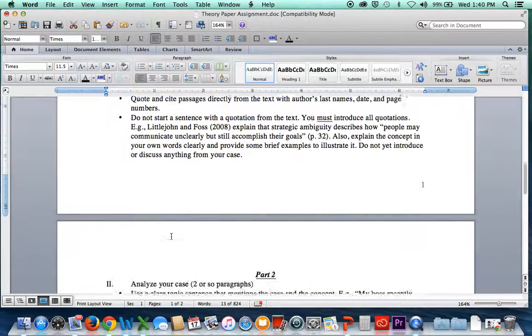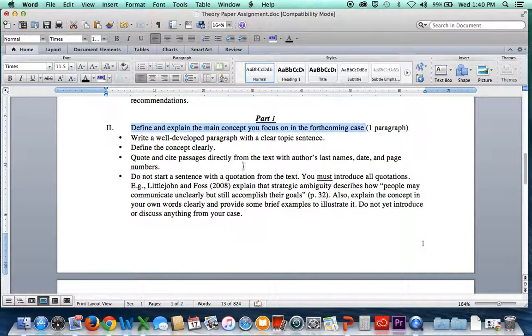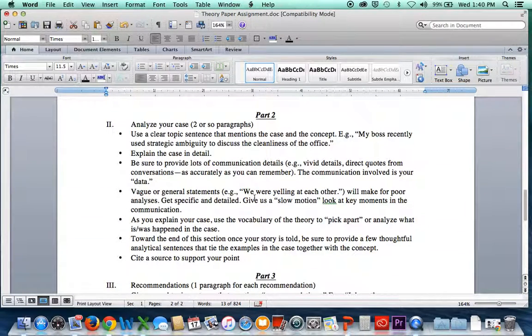So we're still in part 1 here, and then you explain this a little bit in your own words, maybe give a brief example, but not an example from the situation or case that you can explain later, just another one from the book or another one that's unrelated to your case. So once you do this in 1 paragraph, you're going to go on to part 2, and this might take you a couple of paragraphs,